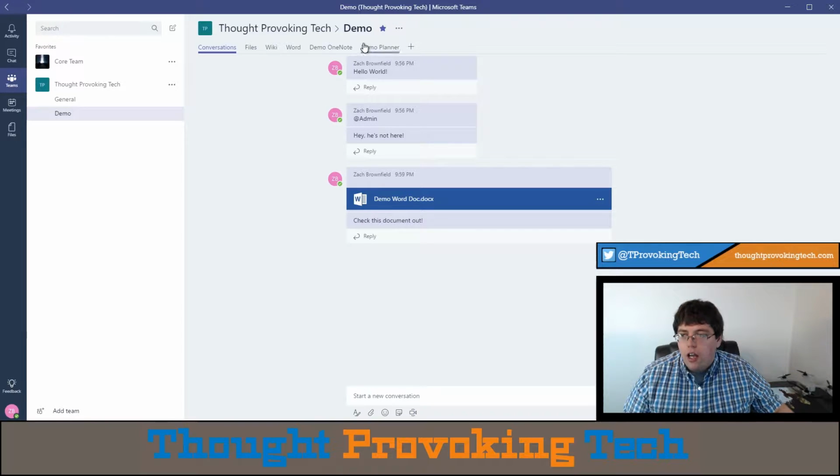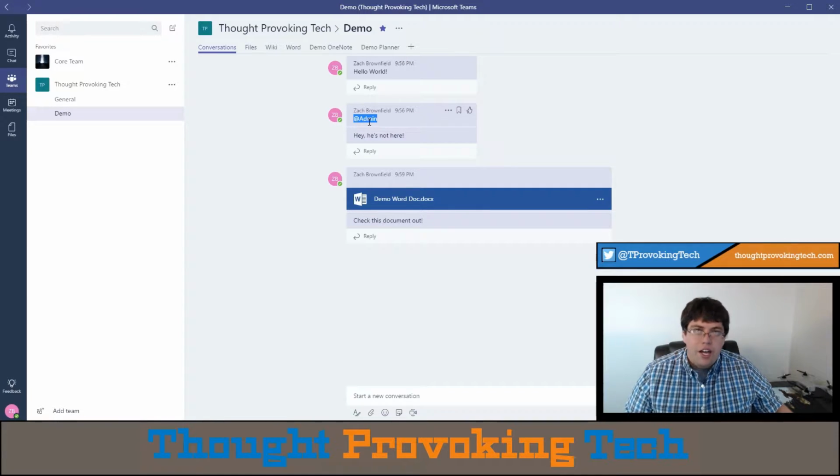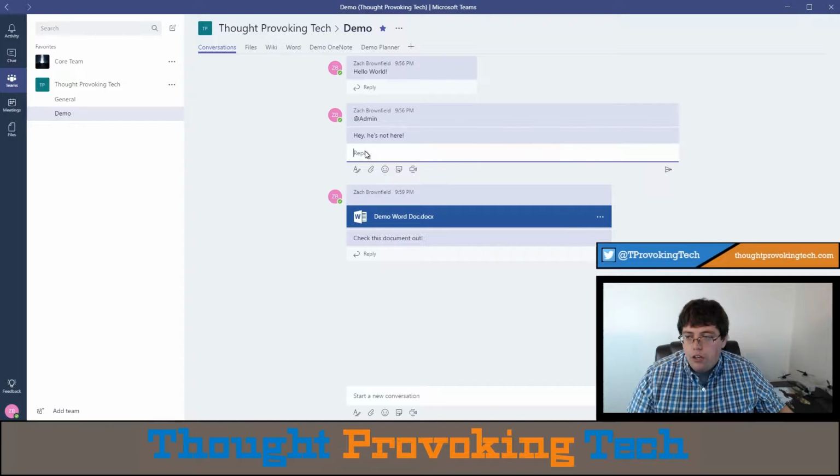So as you can see here, in the conversation tab, you can have multiple different conversations rolling at the same time. You can see here that I've made a comment called Hello World, a little one where I've tried mentioning the admin user, but I didn't actually add that person to the group, so it failed horribly. Then I responded to myself saying, hey, he's not here. Then you can see there's a Word document that I've made in the Files tab, and I shared it with the team and said, hey, check this document out. So you can see that you can actually reply to different ones,